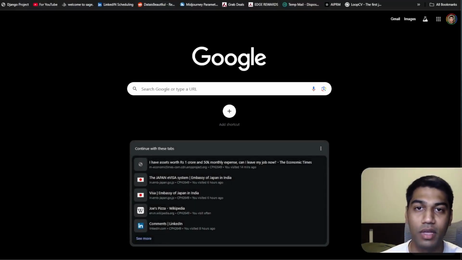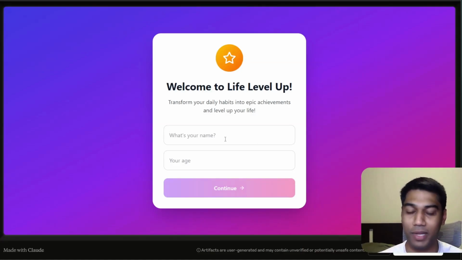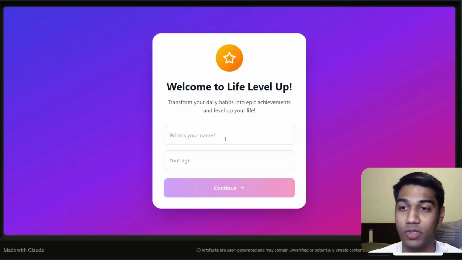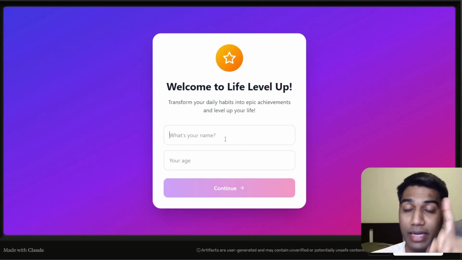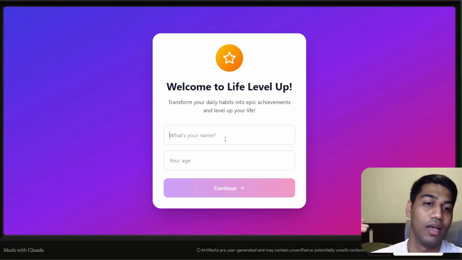If I open this in a new page, you can see it starts here, and this looks super cool, that you can have an application ready and published to anyone who's a Claude user. If you want AI, anyone who's a user of Claude, or even if not a user of Claude, they can use it. So this is super cool. But if you're building an app with AI, they need a Claude account. But if you're building an app which does not need any AI-specific usage or features, anyone can use it. So this is super cool.